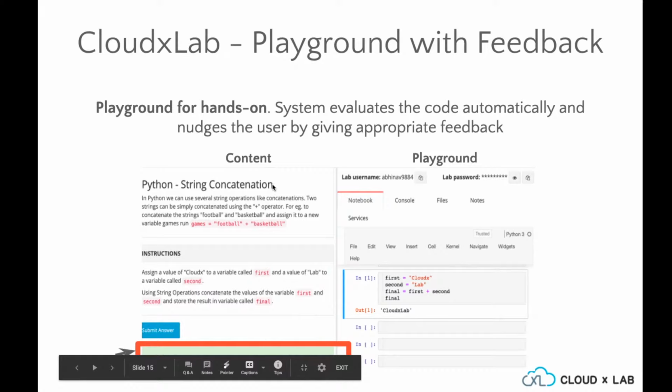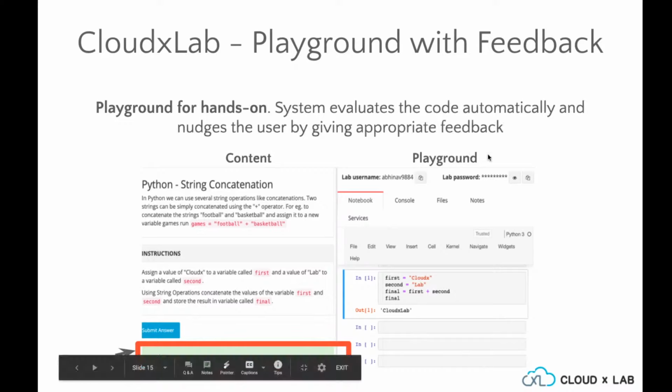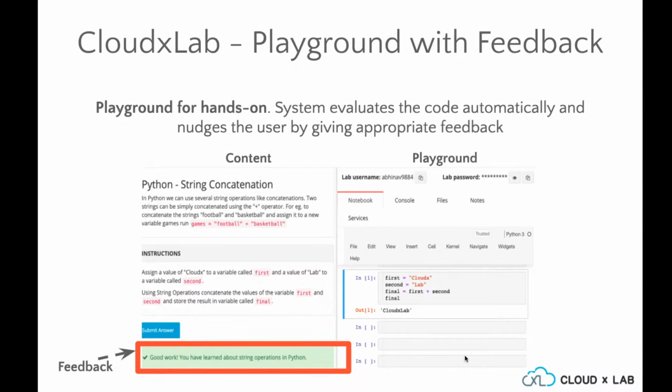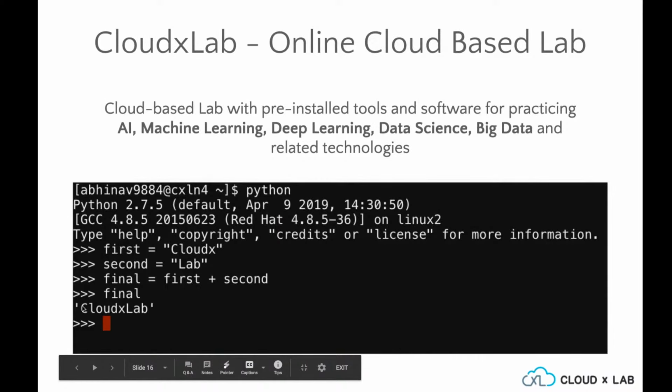In the content section, you'll get instructions, questions, answers, and you may have slides and videos. On the right side you have a playground. In the playground you can type in code and see how the code runs. Once the code runs successfully, you can submit the answer, and below you get feedback on whether your answer was correct or wrong.